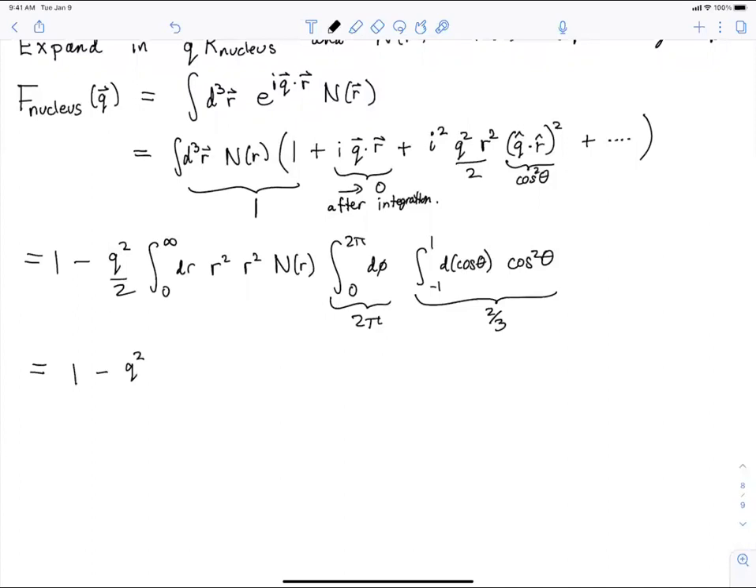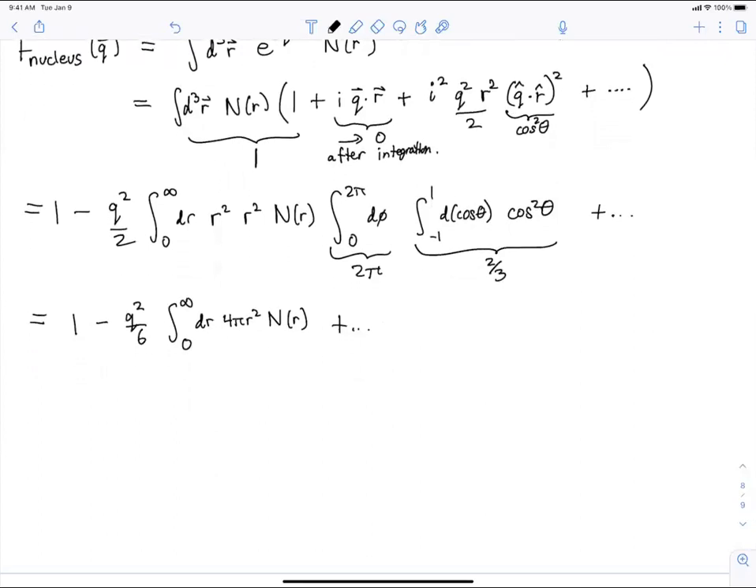divided by 6 times an integral 0 to infinity dr 4 pi r squared times my relative density function. Okay, and then I should admit that I've made an approximation here. There are higher order terms. Okay, so if I think about it, what is this? This is really the average radius. It's like an expectation value of the radius of the nucleus. So I can call this R nucleus